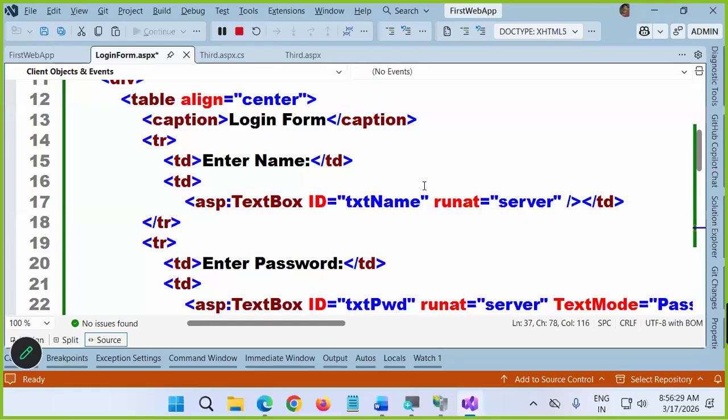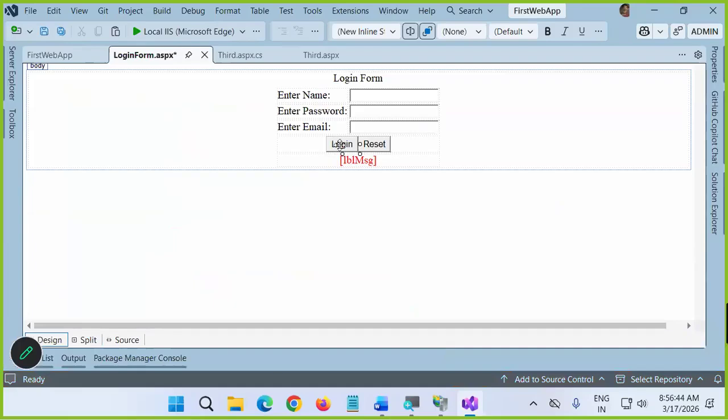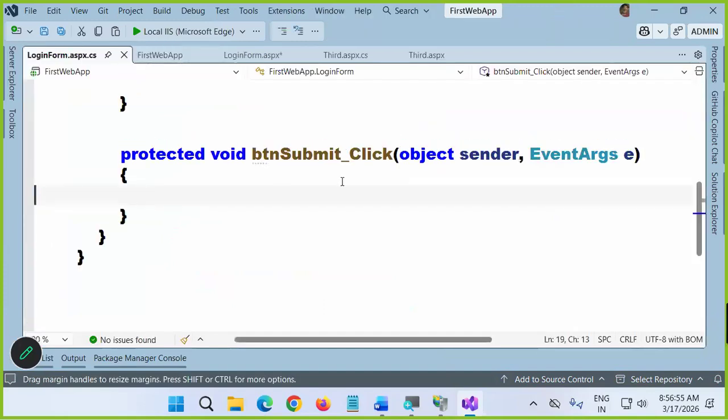Are you clear? So now first go to design view. Yeah. So this is the UI, how it looks now. Yeah, here only you can see now. Okay. Now, when the user clicks on the login, what should happen? It has to verify all this information now. Are you clear? So just to see, double click on the login